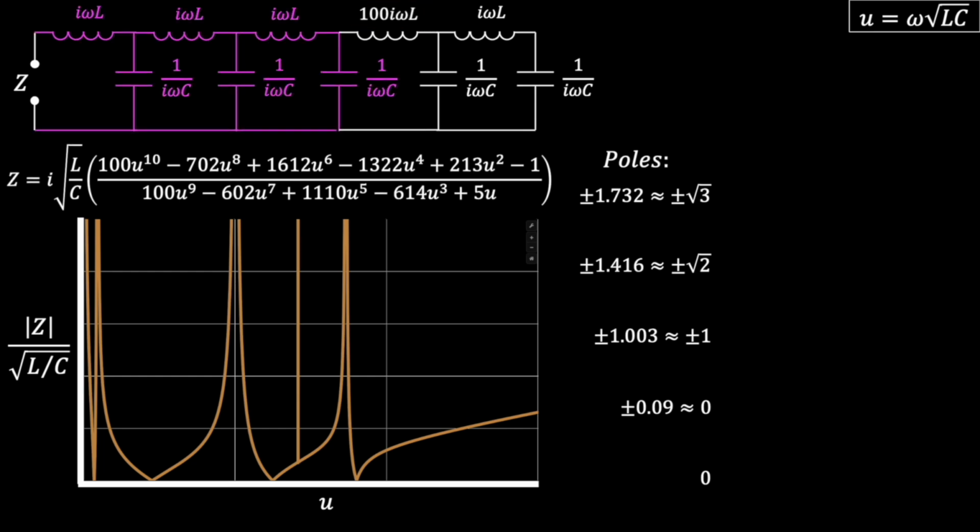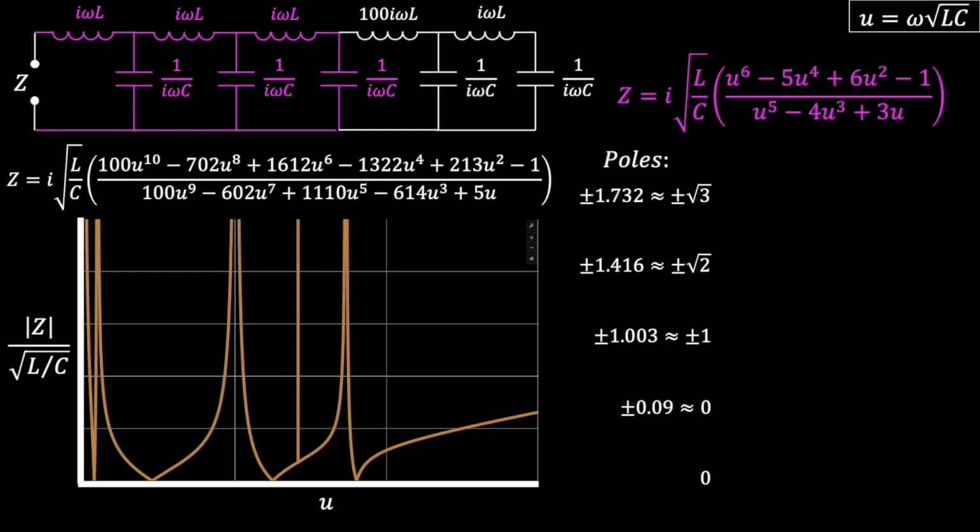Here I'm highlighting in purple the circuit on the left side of the 100 element. This purple section looks like a 6-element ladder circuit from the previous examples. And here is the impedance formula for the 6-element ladder circuit. The poles for this circuit happen to be approximately equal to plus and minus root 3, plus and minus 1, and 0, which are poles that already appeared. So 5 of the poles for this uneven 10-element circuit happen to look like the poles for the 6-element circuit